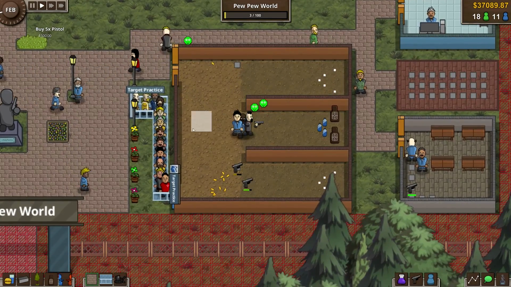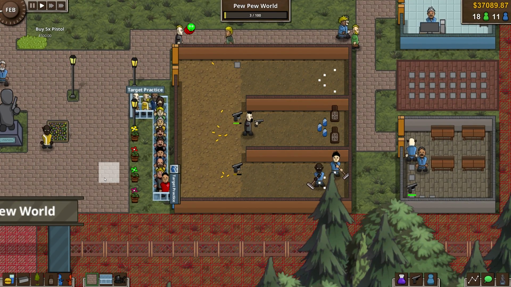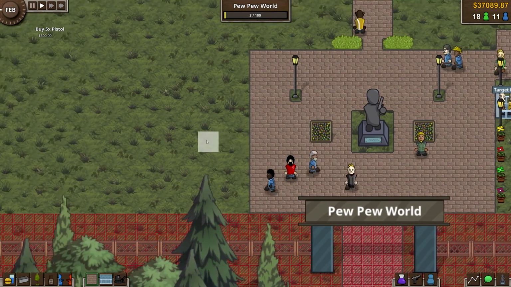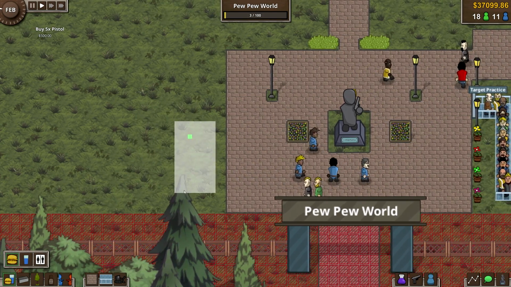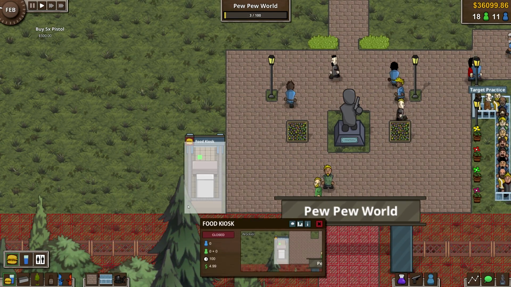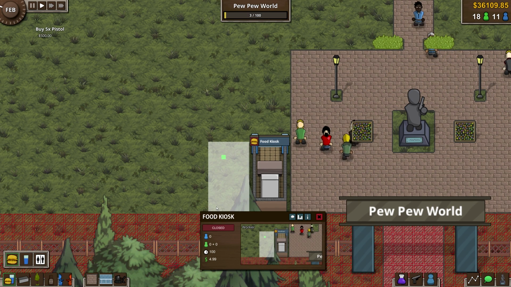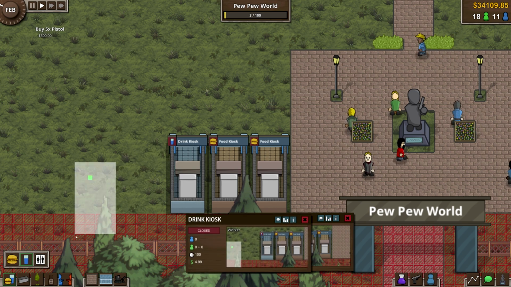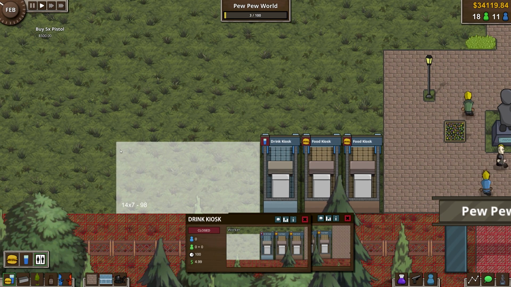Good. So we've got some... Oh my god, look at the line already. Okay, people are really digging this target practice. I think that what we also need to do is we need to get some other needs fulfilled. So we'll get some food taken care of. Is it this way? Yes, it is. Okay. So we'll go with 2 food kiosks and 1 drink kiosk and then a bathroom next to that. And that can go sort of like...